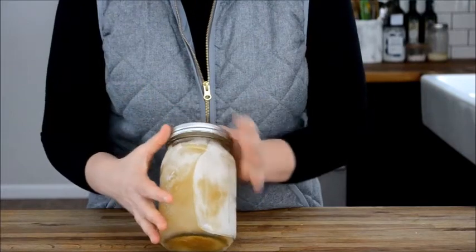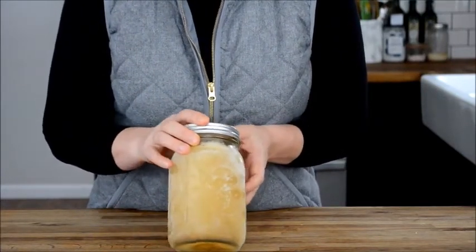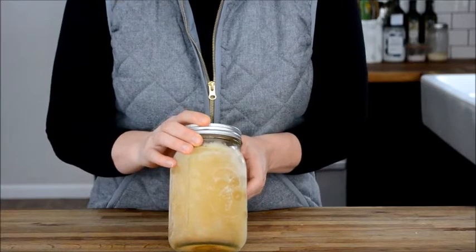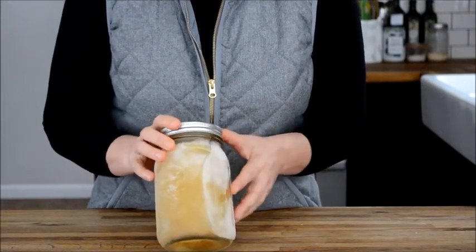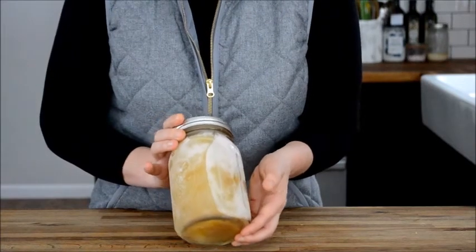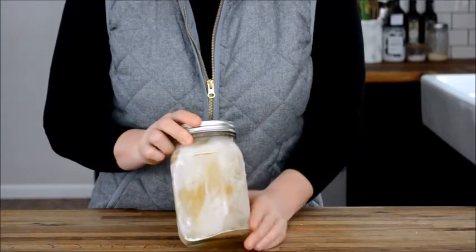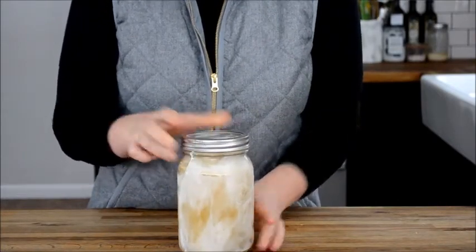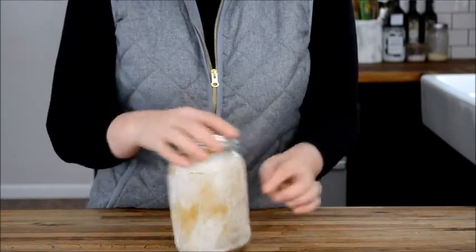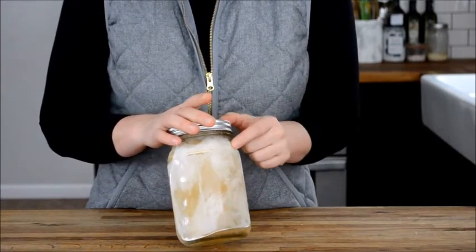This happens to me more often than not, so freezing broth in jars is not my favorite way to freeze my broth. When the jars crack, this creates waste. Obviously, this jar is no longer usable and I'll have to throw it out. Another disadvantage to freezing broth in jars is that you can't use the broth until it's completely thawed. If this jar wasn't cracked, there's no way that I could get any broth out of this jar until it